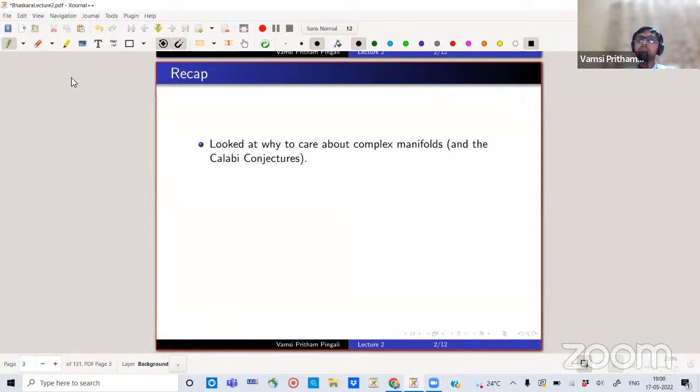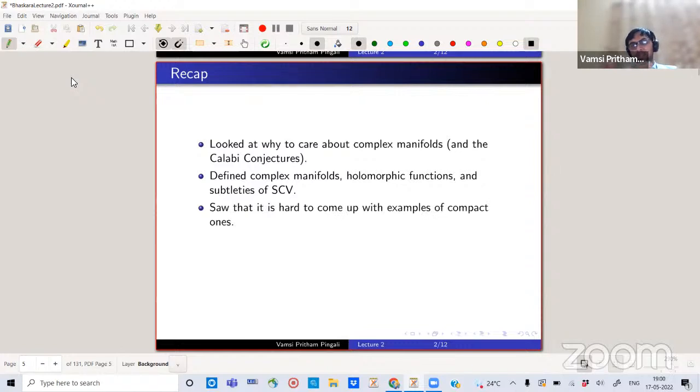So last time we looked at why to care about complex manifolds. I gave you a laundry list of reasons. I also told you why you need to care about Calabi's conjectures, whatever they are. Then we defined complex manifolds, holomorphic functions, and discussed some subtleties of several complex variables. We saw that it's actually not trivial to come up